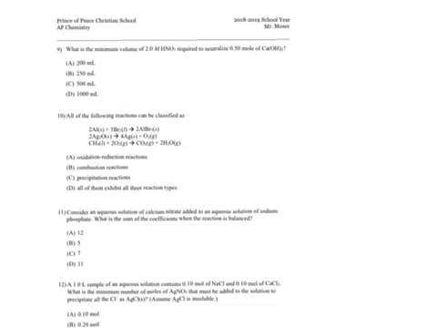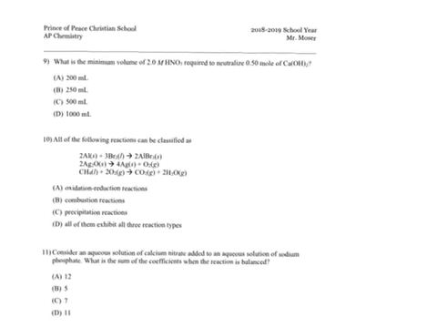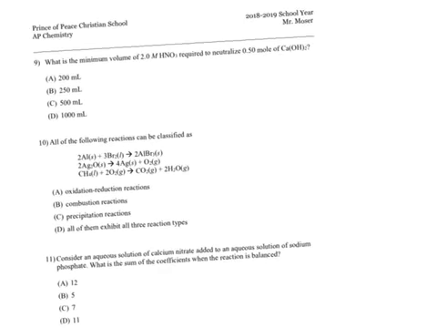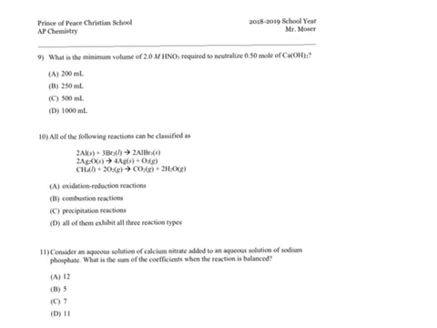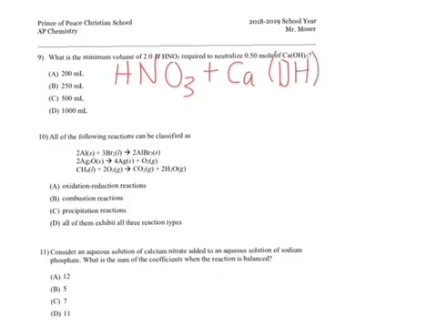What's the minimum volume of 2 molar nitric acid required to neutralize 0.5 moles of calcium hydroxide? We have to write a reaction, and that reaction is pretty straightforward. Let's make this just a little bit bigger. All right, now we can say that we have HNO3 plus calcium hydroxide, Ca(OH)2, and we get water and CaCl2, which means we must have,